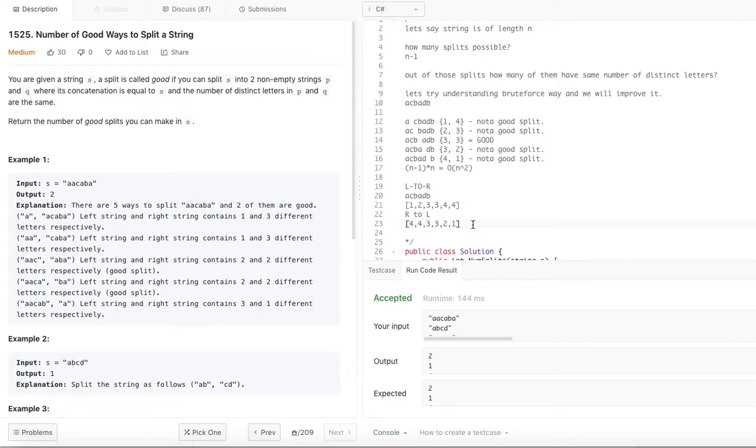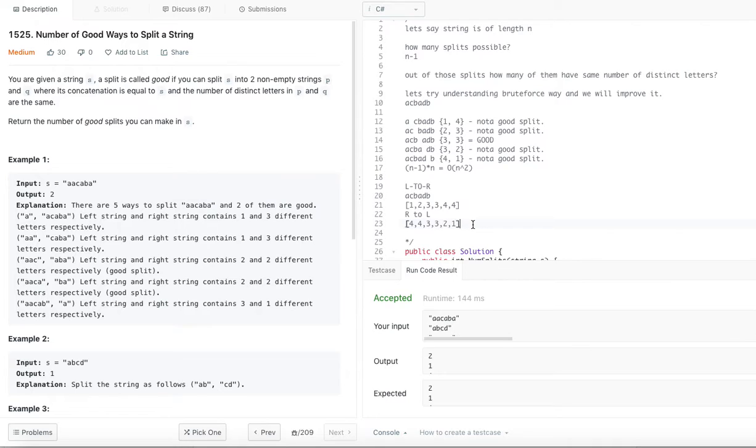So the logic is, we go from left to right and build up the distinct characters array, and go from right to left and build the distinct characters array, and we compare those arrays at i and i plus 1 at every place. So 0, 1, 1, 2, 2, 3, 3, 4, 4, 5, 5, 6, like that.